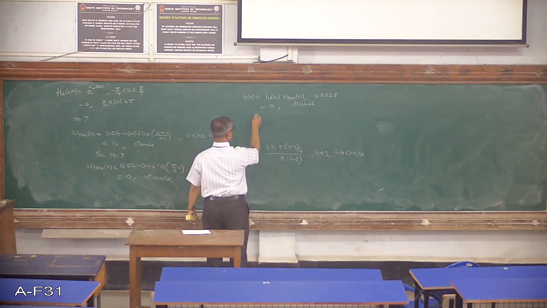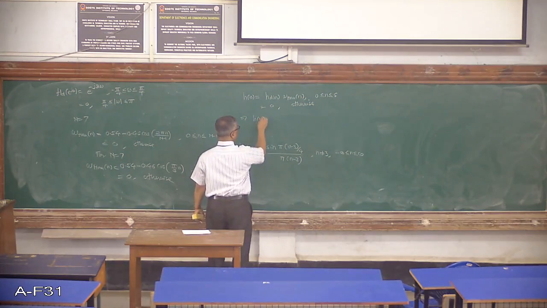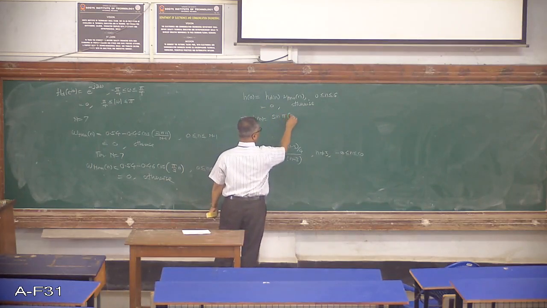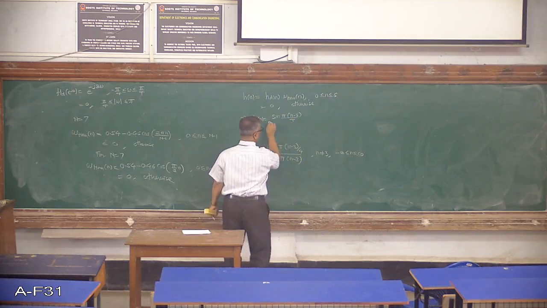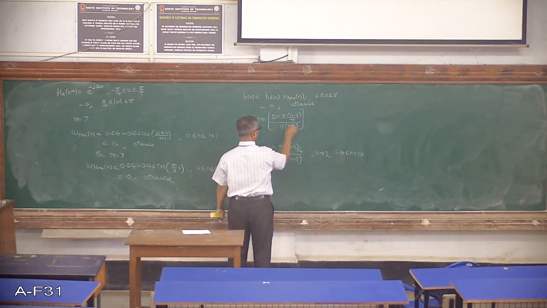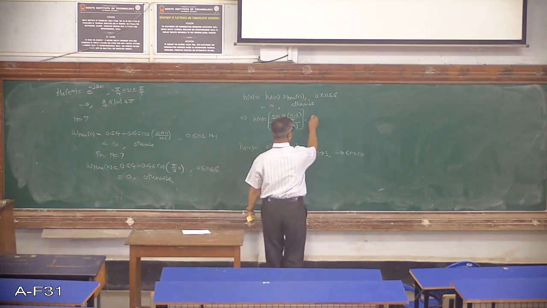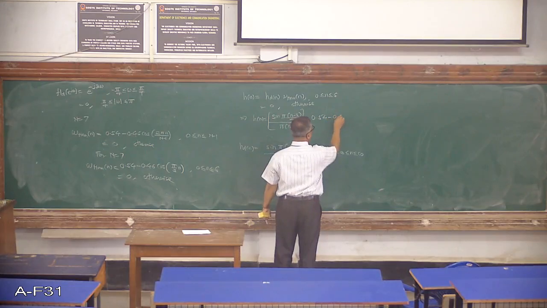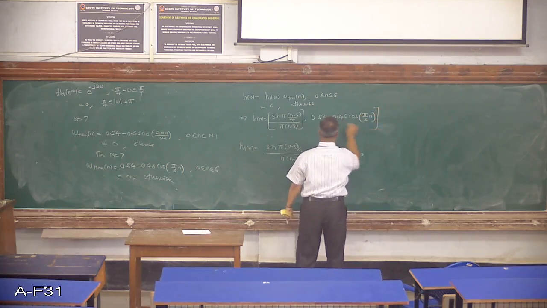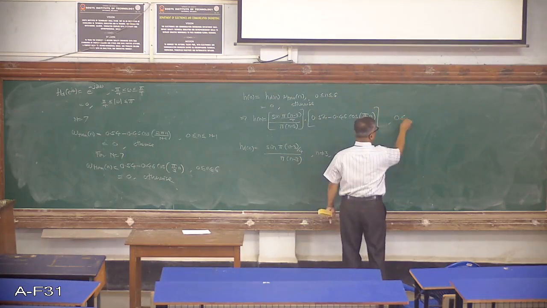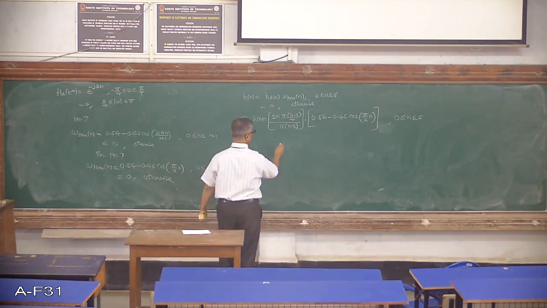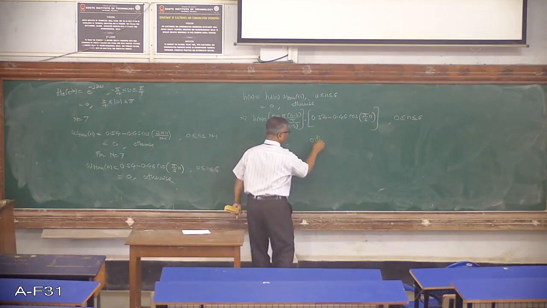Therefore, it implies that this h of n becomes, HD of n is this, it is sine of pi times (n minus 3) divided by 4, fully divided by pi times (n minus 3). This is HD of n. Multiply this with the Hamming window, 0.54 minus 0.46 cos of pi by 3 n. This is the product to be evaluated for 0 to 6, and this product will be 0 otherwise.